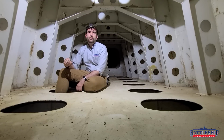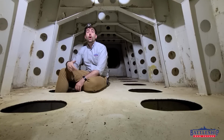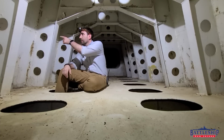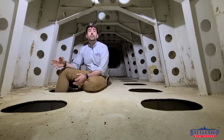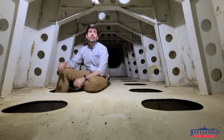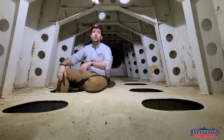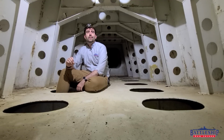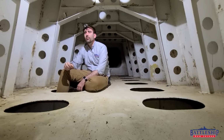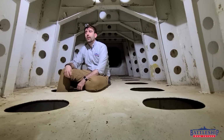This helps save weight, and it means that if we get hit by an enemy battleship's armor-piercing projectile, it'll put a hole in this side of the ship, it'll go straight through, it'll put a hole in that side of the ship, but it won't explode. So it'll leave a nice round 14 or 15 or 16-inch hole that's easy to plug, easy to repair, as opposed to blowing a big jagged hole that then warps all the decks and things like that. So by design, for a ship that's supposed to last 20 or 30 years, it was a good idea. For a ship that we're trying to preserve long term,